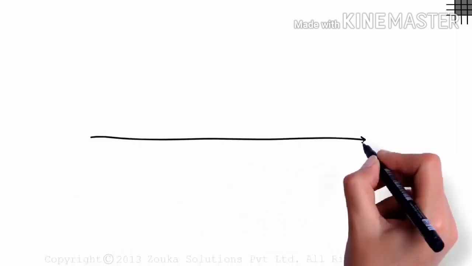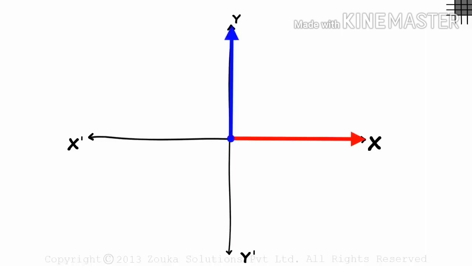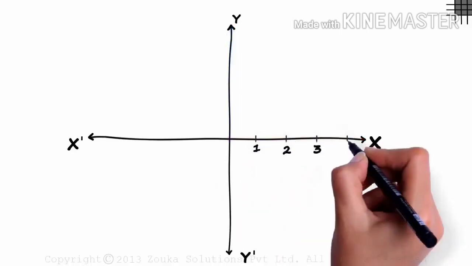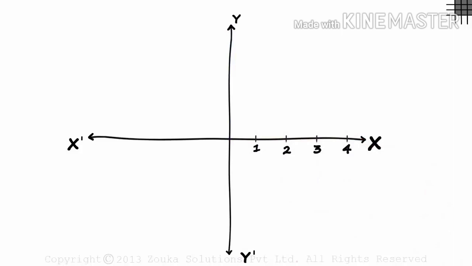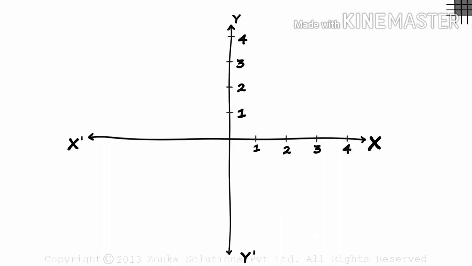The x-axis and name it x-x. We draw the y-axis and name it y-y. How do we number the axis? Until now, we have only seen cases where we have numbered this side of the x-axis and this side of the y-axis. 1, 2, 3, 4 and so on the x-axis and 1, 2, 3, 4 and so on the y-axis. The reference point or the origin is 0.